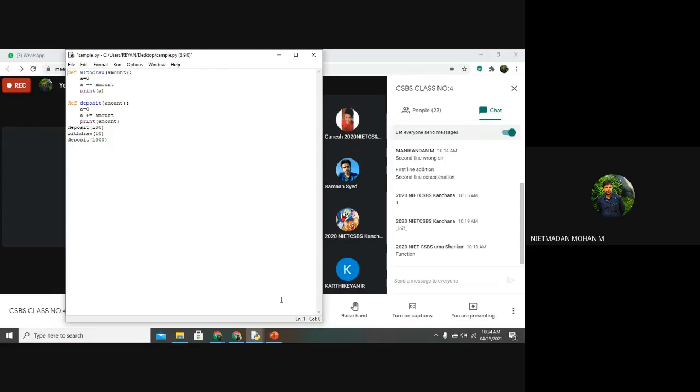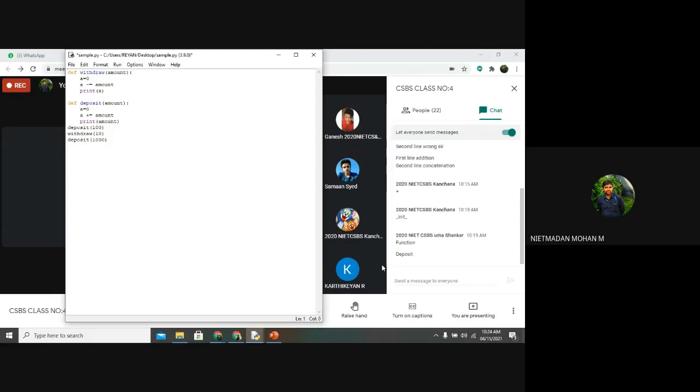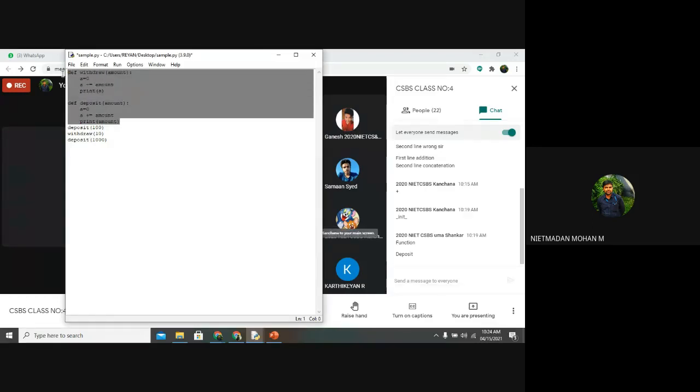One thing I want to tell you: when you are using a def function over here, these are known as subprograms. A subprogram will not be executed first. If you are declaring functions, n number of functions, this function is known as a subprogram. Apart from that function, whatever you have declared in the first line will be executed.